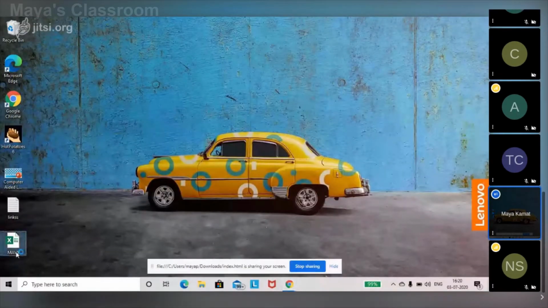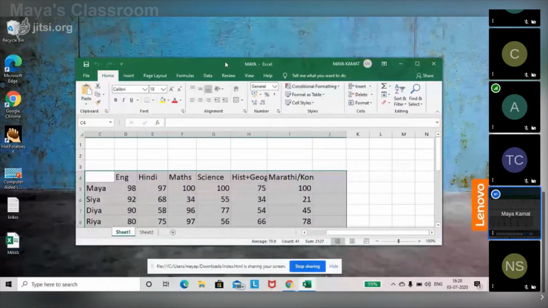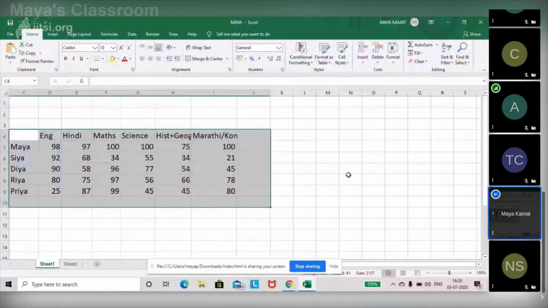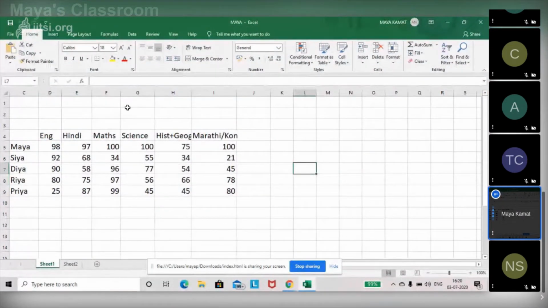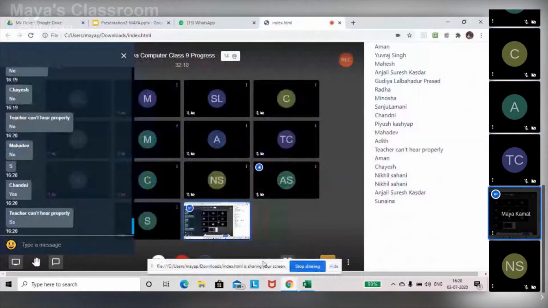Yes, okay. So to begin with, I'll just refresh what we learned in the last class. I'm opening my file. So an active cell L4 or L7, whichever cell you want. The corresponding column and the corresponding row intersection is your active cell. Is this seen now? Quick reply. Yes, fine.